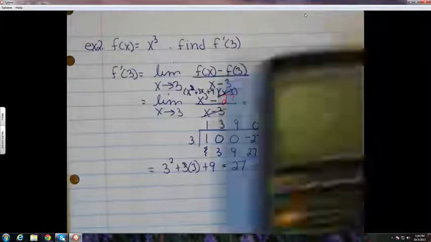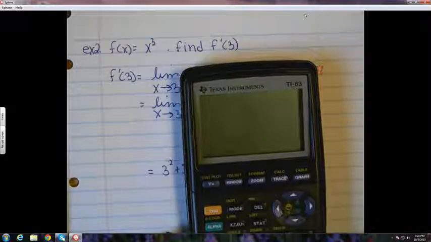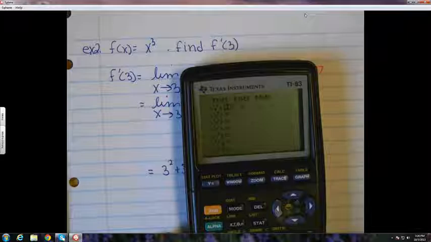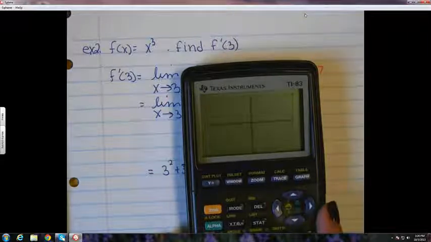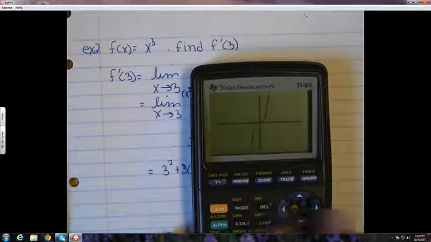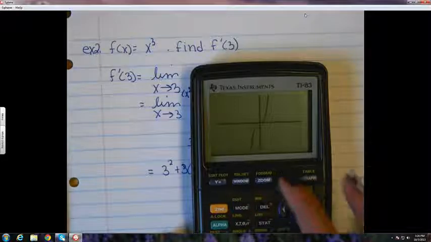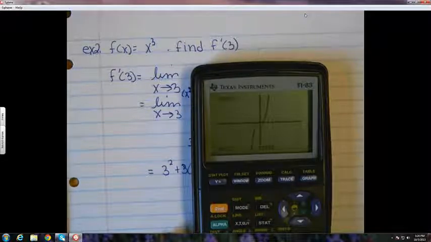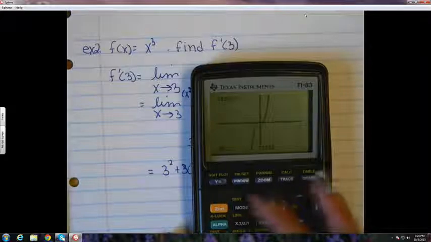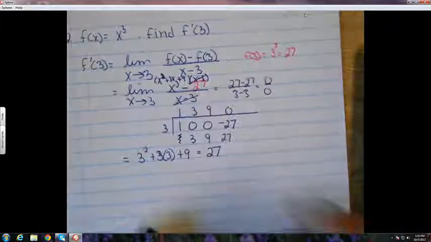Look back. Y equals x cubed, keep an eye on what we're doing. Graph, and we were doing the derivative at 3, trace to 3. Oh, it's way up at 27. So, what we just found,